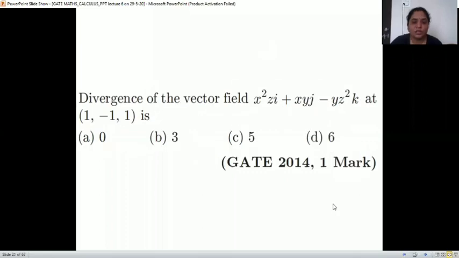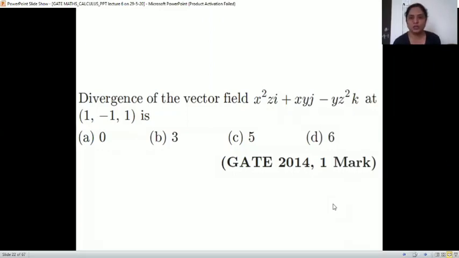Good. That was for 2 marks. Nice. Then next, divergence of the vector field. One vector field is there and the point is asked. So first find divergence. What is divergence? Del dot f bar. Whenever there is dot, you have to find derivative dou by dou x of first component plus dou by dou y of second plus dou by dou z of third component, and finally put x is 1, y is minus 1 and z is 1.